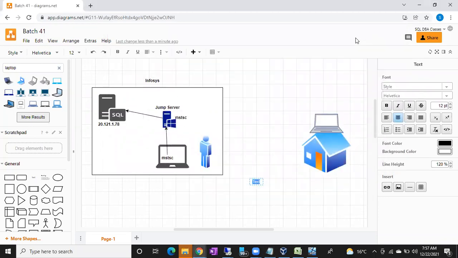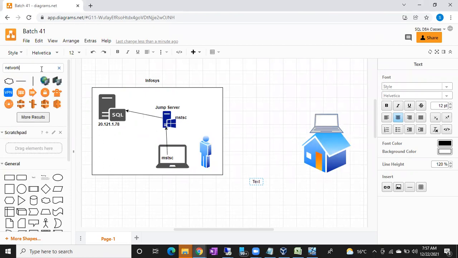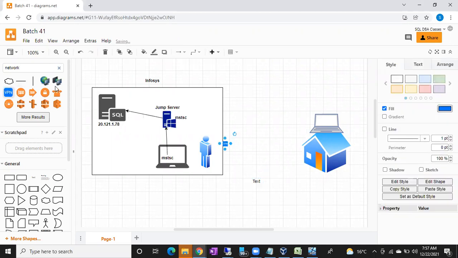What it will do is create a bridge to your office network.